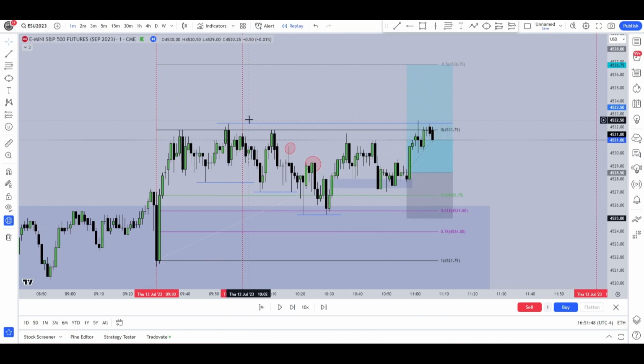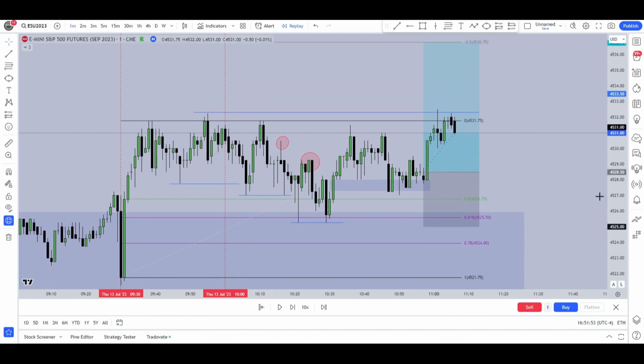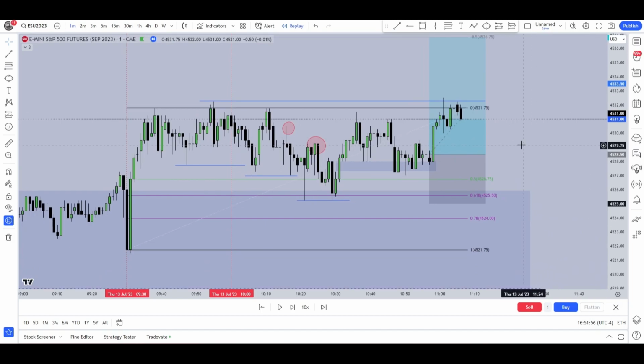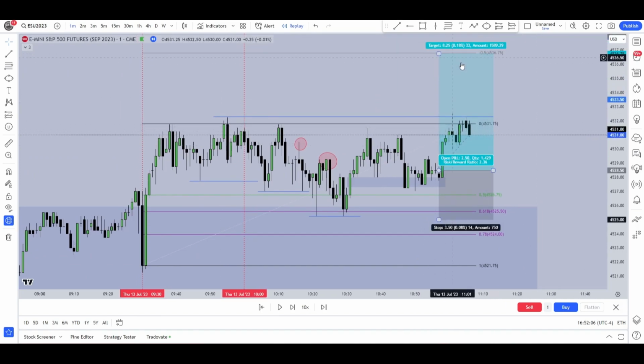Went out, took out this high, and here maybe I should have taken a partial, but I only trade with one contract and I can't take half contracts off, so I couldn't take it off, even though maybe I wanted to. That's what I usually do on my personal account. I take partials around these areas, but because I couldn't, I wanted to reach for a higher level. But in theory I should probably just have taken off my position here and been happy with the win,